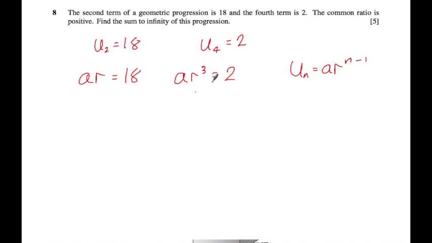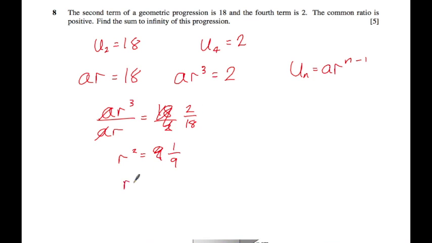If we do this equation divided by this equation, that will eliminate A because both of them are times by A. So the left hand side would look like AR cubed over AR. The right hand side would be 18 over 2. So A's cancel. R cubed divided by R is R squared, and that gives us 9. Whoops, I've done that the wrong way around. Sorry, that should be 2 over 18. So that would be a ninth,